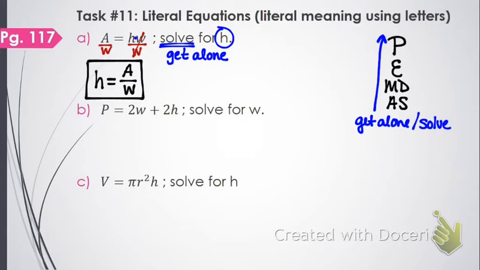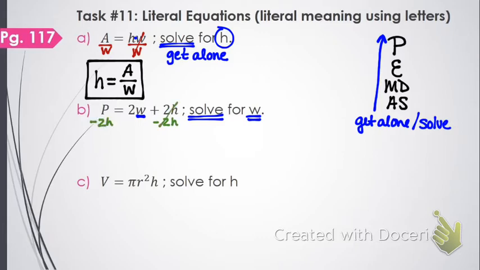What do we want to get alone in the second one? W. Solve for W. That's the piece that we want to get alone. It's right here. We've got a couple operations going on here. I see the 2 in front of it. Yes, ma'am. Yes, we have to subtract the 2h first because when we're working on getting something alone, we have to get rid of any addition or subtraction that's near that variable before we can undo any division or multiplication that we see. So we're going to subtract 2h from both sides,